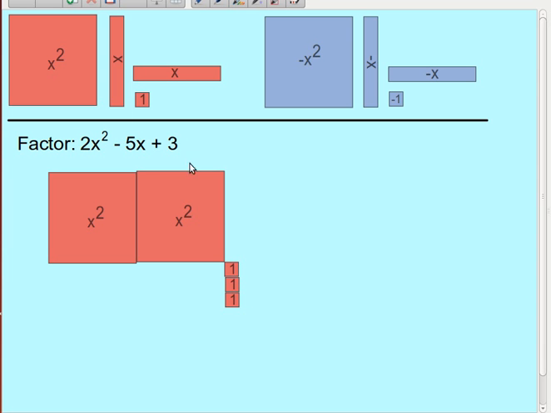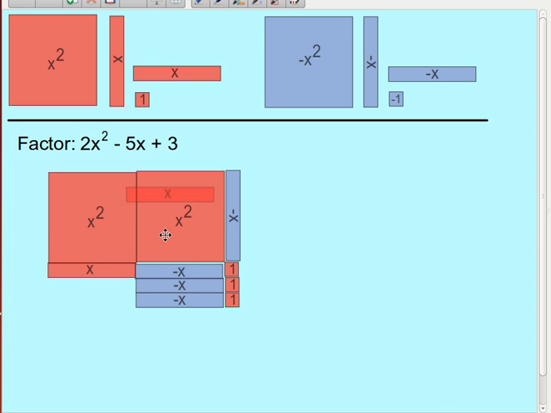We want minus 5x plus 3. So minus 5x, well, that means I'm going to need negatives. So there's a negative x, and then even as I start to fill this in, I realize, well, that's not going to work. And while I'm here, I might as well warn you away from this. This is not permitted. Even though this doesn't actually get me where I want anyway, you can't have these two tiles of the same type but opposite sign. They can't be next to each other. So that doesn't work. So I'm going to back that all the way out